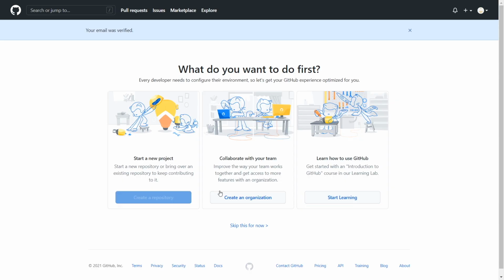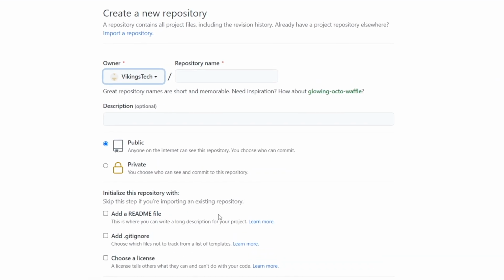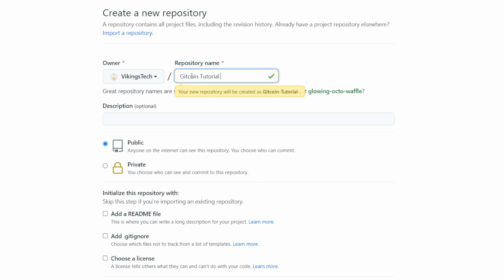Now our first task is to create a repository. We can do so directly by clicking here. Give your repository a name, a description if you want. Set it to public if you want others to be able to see it, otherwise private. You'll need to set it to public for judges to be able to see it.